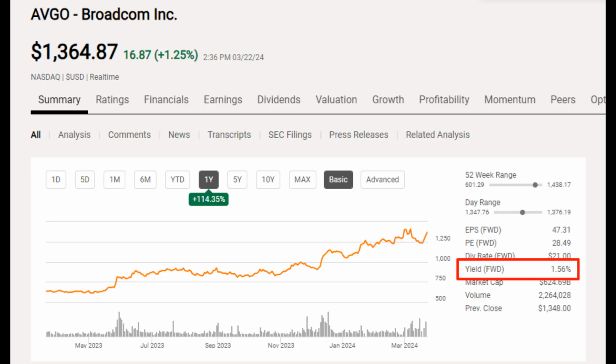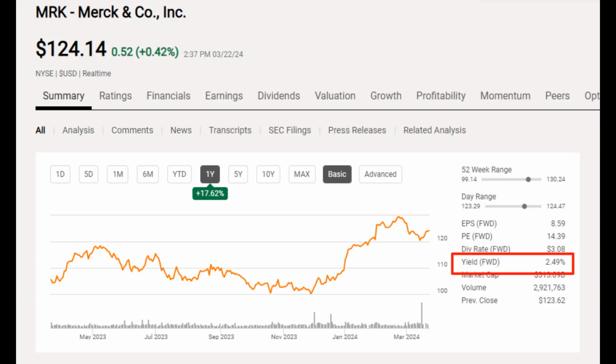If we go back to the Broadcom and Merck information, you can see that because of the price increase in the stock, Broadcom's dividend optically fell to 1.56%. I say optically because they did not reduce their dividend, but simply the percentage of the share price that got paid out got lower as the share price increased. Same happened with Merck. So now that you know that stocks are ranked according to yield, you can see why a 1.56% yielding Broadcom and 2.49% yielding Merck would not make it into the ETF.